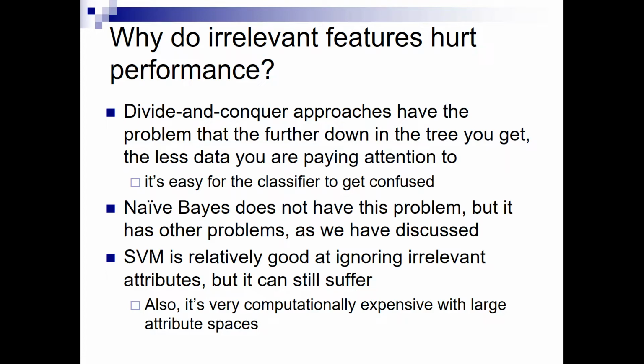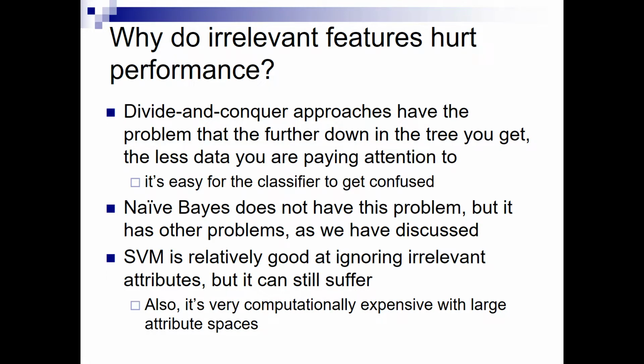Because as you're adding nodes progressively to your tree, the deeper into the tree you get, the less and less data you're actually looking at to rank your features in terms of information gain. And so as you move down the tree, it's harder and harder to distinguish those features that give you substantial leverage from those that just happen to look good because of the small number of instances that you're looking at. So if you want to carry your tree building down relatively far, then it's likely that these irrelevant features you left in are going to cause errors.